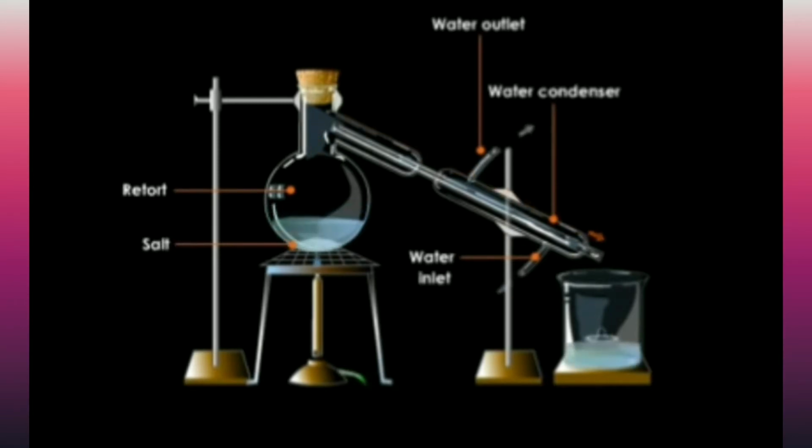Thus, the drops falling into the conical flask are of the water from the salt solution in the round bottom flask. Salt remains behind at the bottom of the round bottom flask when all the water has collected in the conical flask. This method is called distillation. Distillation is used for purification of impure liquids. Also, when two miscible liquids are mixed together, it is used to separate them. And distilled water is required at many places in the industries also.